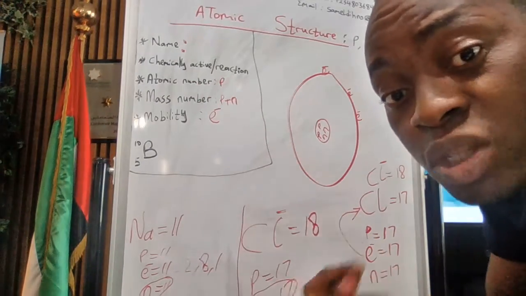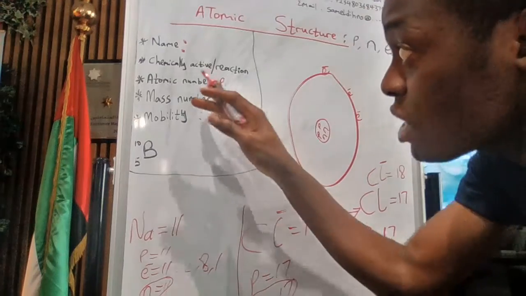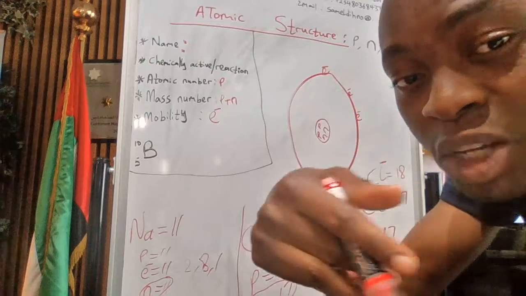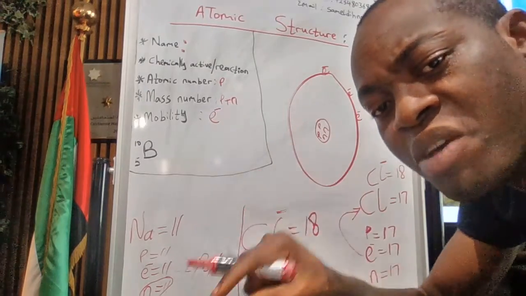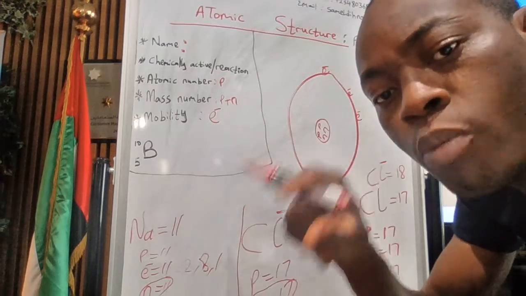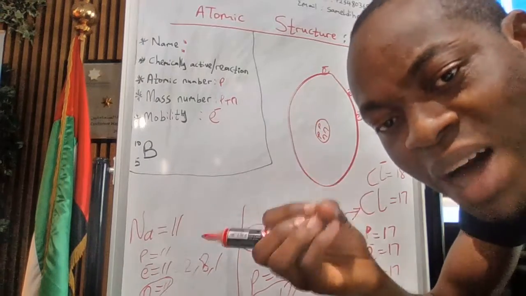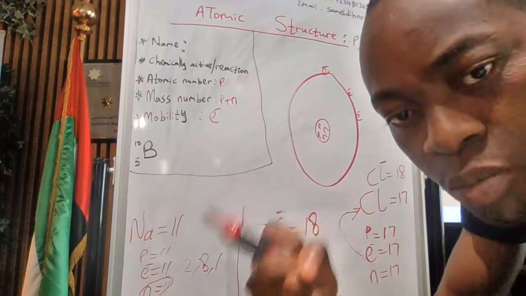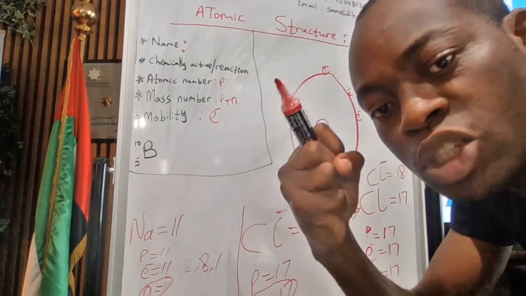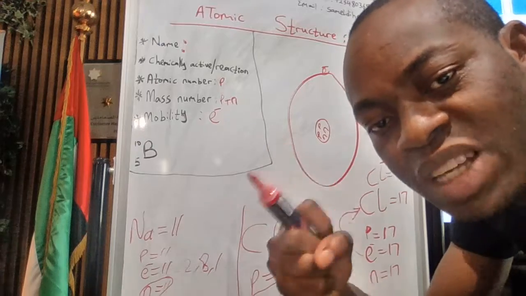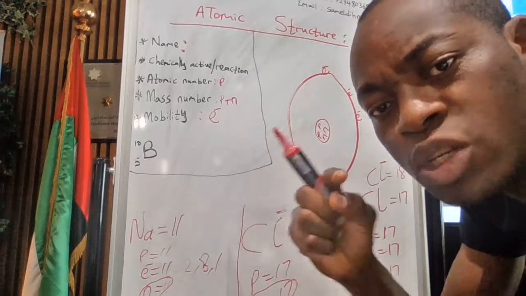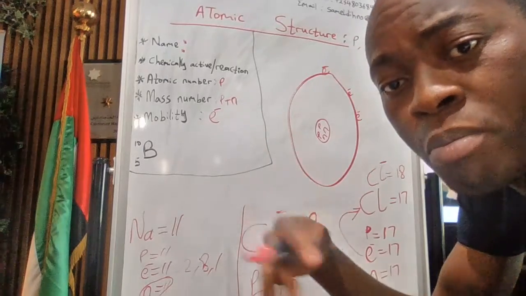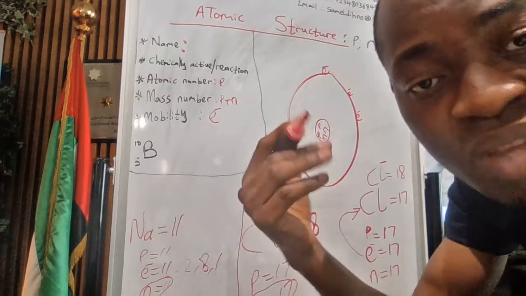So don't forget, though at the beginning of the chemistry syllabus they talk much about atomic number, I think that is the point where students get carried away with atomic number. And then whenever they talk about electronic configuration, they might go back to atomic number. No, atomic number is different from electronic configuration. Atomic number is number of protons. Mass number is number of weight. Electron does not have weight, so electron is not part of mass number. The sum of the proton and the neutron of an atom is the mass number. And the electron is what easily moves out of the shell for an element to form ions,